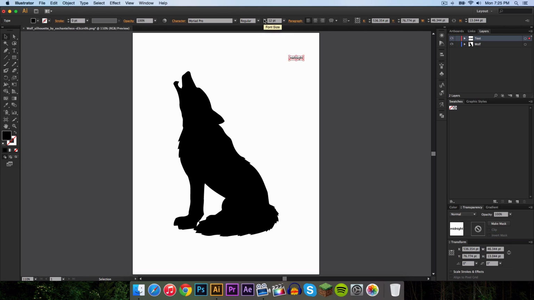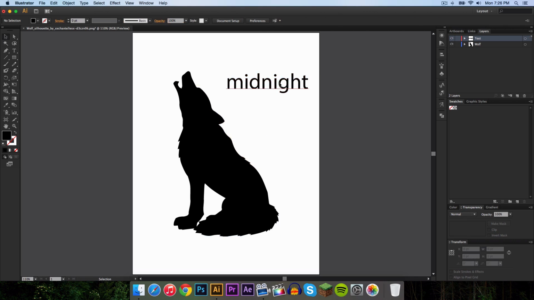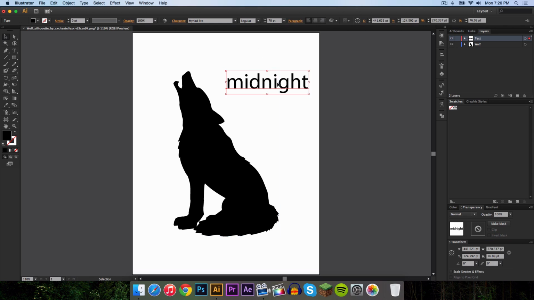So I'm just going to make this 100. That's a little too big. Let's go 70. 70 is good, and that looks good. Now we're going to have to change that to white in just a second, not right now though. So we have midnight here, and I'm going to be changing the font for this. I'll come back once I have all the words put together.